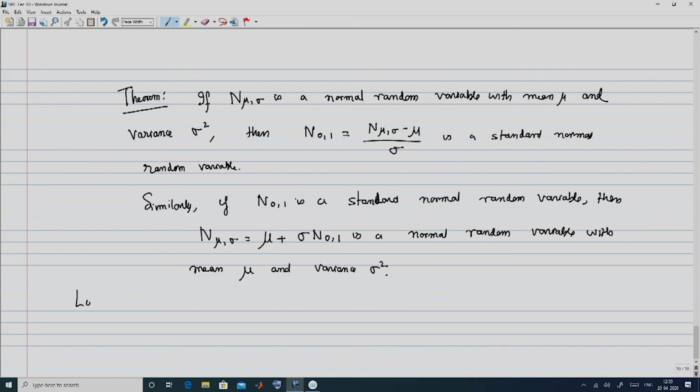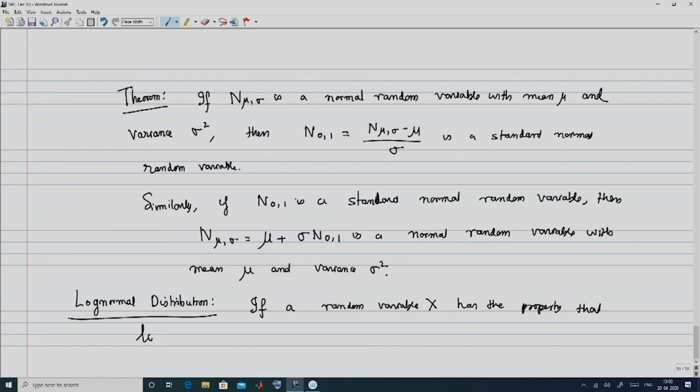Okay, so just to wind up this discussion on the normal distribution, I will briefly mention what a log normal distribution is. This is something that you are going to revisit when you talk about asset pricing. So, I will just introduce the definition. If a random variable x has the property that log x, and here log x means with respect to base e, is normally distributed,